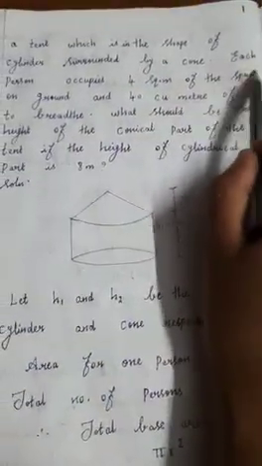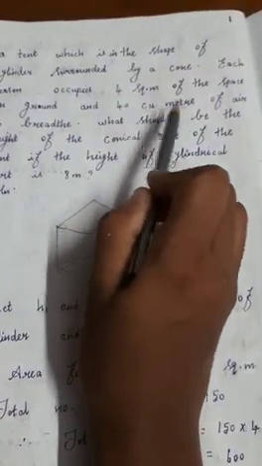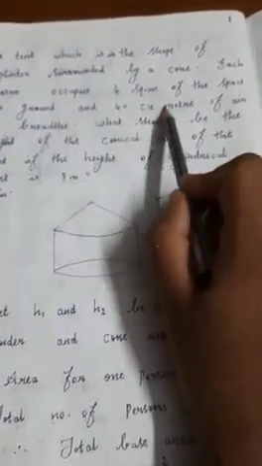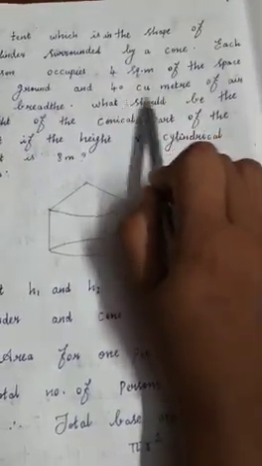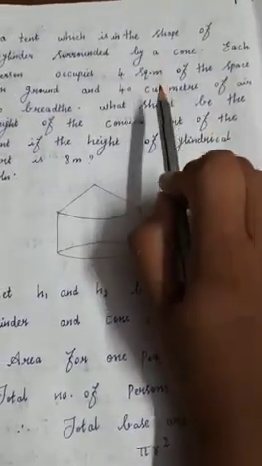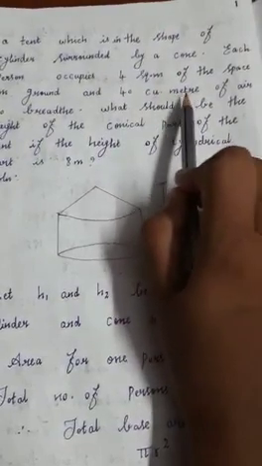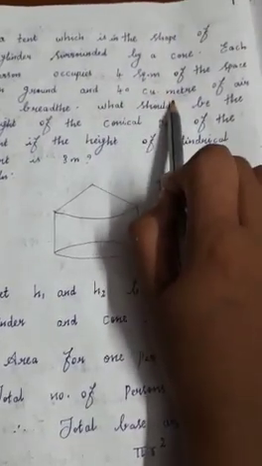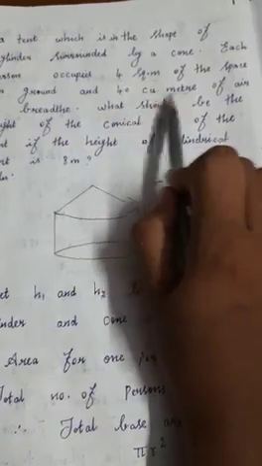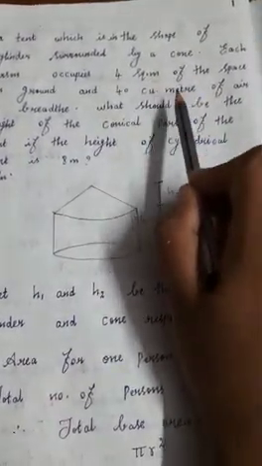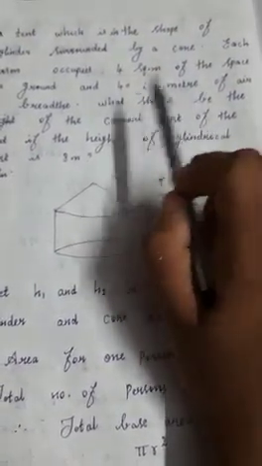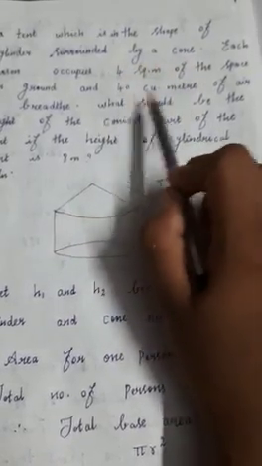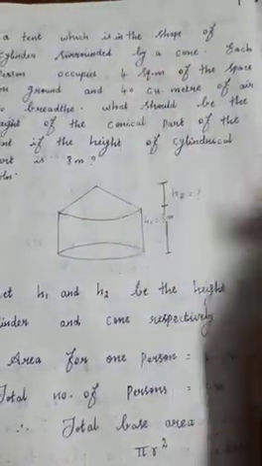Next, they have given 40 cubic meter of air to breathe. Cubic meter of air to breathe means that is the volume. So this is area, and this is volume that they have given. One person needs how much cubic meter? 40 cubic meter. So for totally 150 persons, one person needs 40 cubic meter, so 150 persons need how much volume? We need to find out. So you have to multiply 150 with 40.